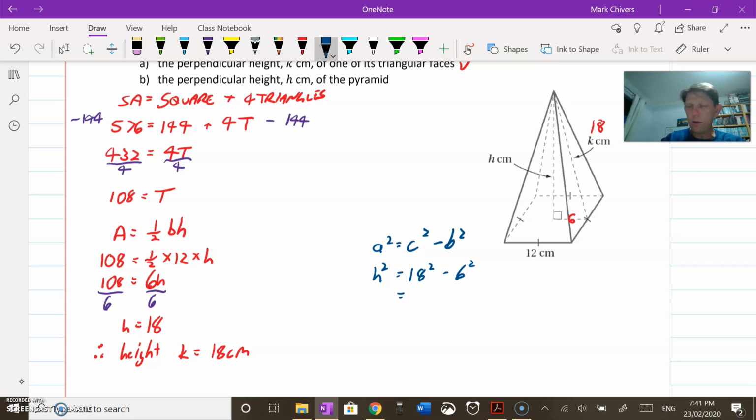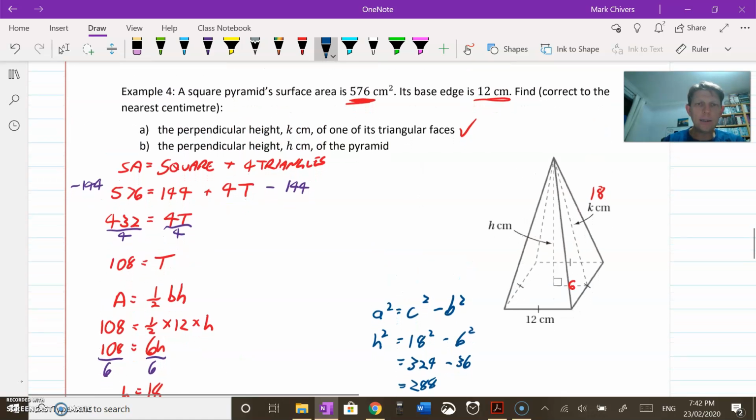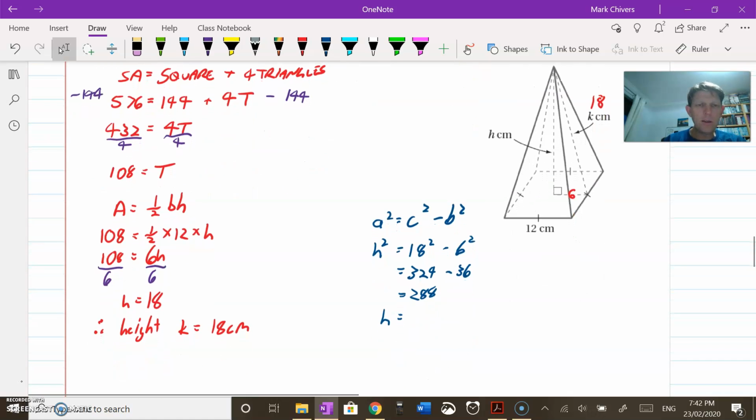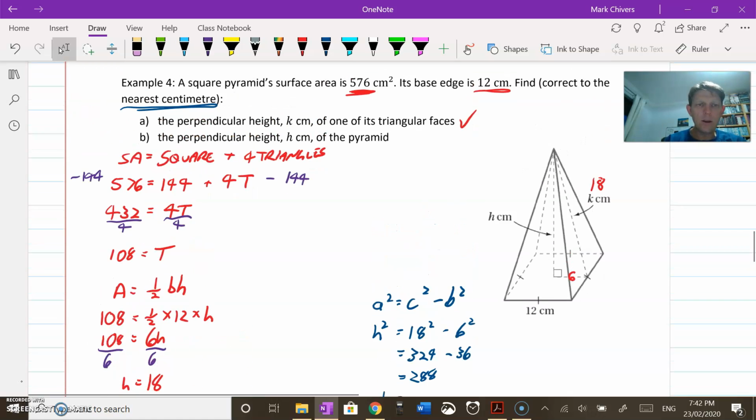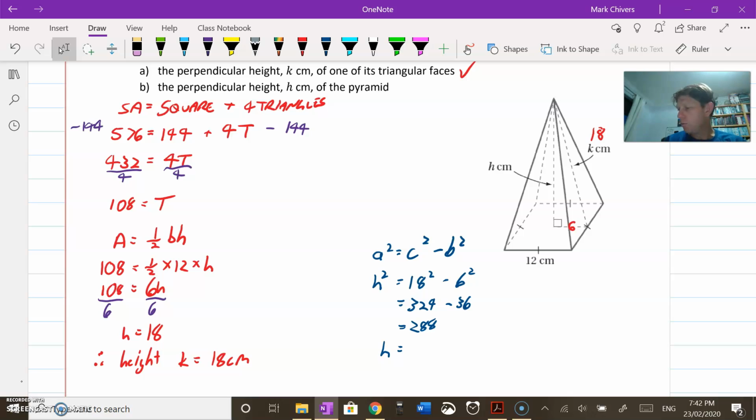So we end up with 324 minus 36, which is going to give us a final number of 288, which of course we then have to take the square root of to find what h is. Now, we could look at simplifying that as a surd, but given that the question asked us to answer correct to the nearest centimetre, if we leave it as a surd, that's not going to be as correct. So we'll take the square root of 288,